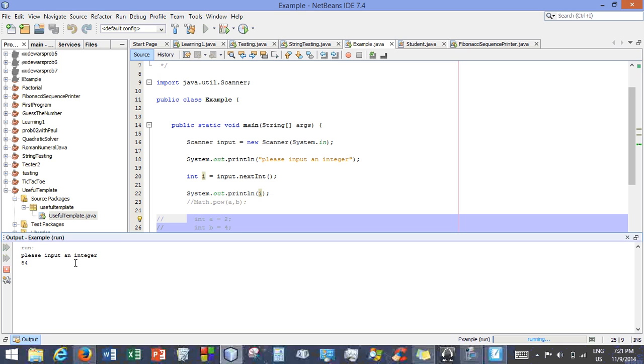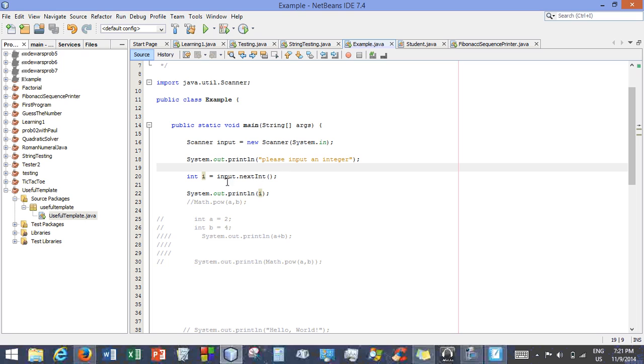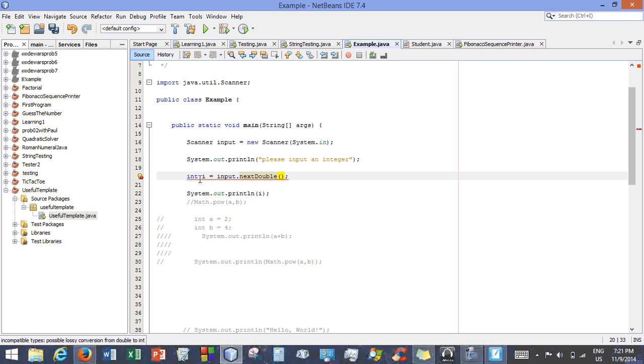So that is how a scanner works, and you can use input.nextInt. There's also another one you would use: say you wanted a double, you would say input.nextDouble. Now this isn't going to work because you said it's an int, but if you say double here instead and you make your variable double, it'll work perfectly. There's also nextLine, and nextLine is cool because that gives you the whole line as a string. So then we can say String I equals input.nextLine. And so let's say please input a string and